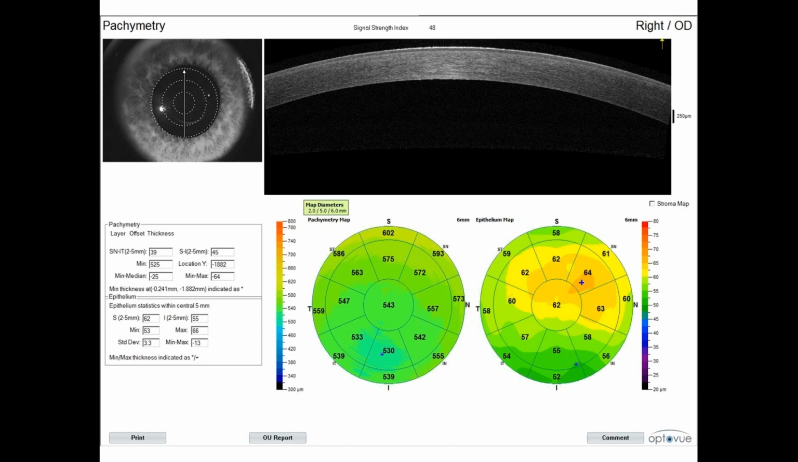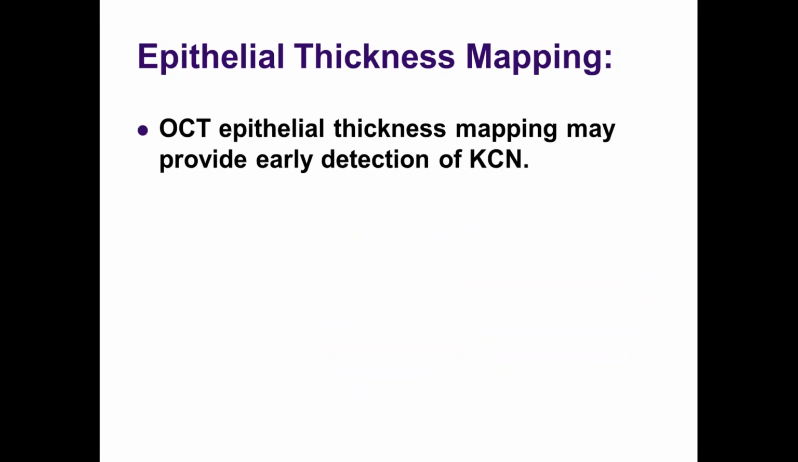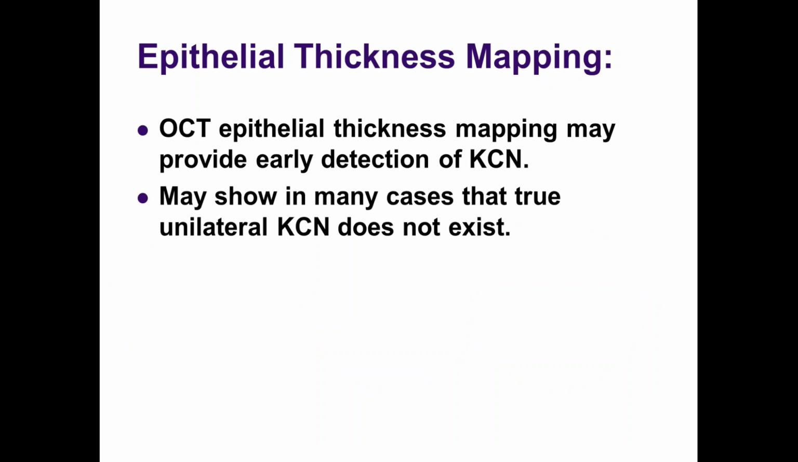We're just going to have to find out. It's just very early in our understanding of this particular technology. So epithelial thickness mapping and anterior segment OCT may provide early detection of keratoconus. It may show, in many cases, that what we thought was unilateral keratoconus is not truly unilateral keratoconus, and